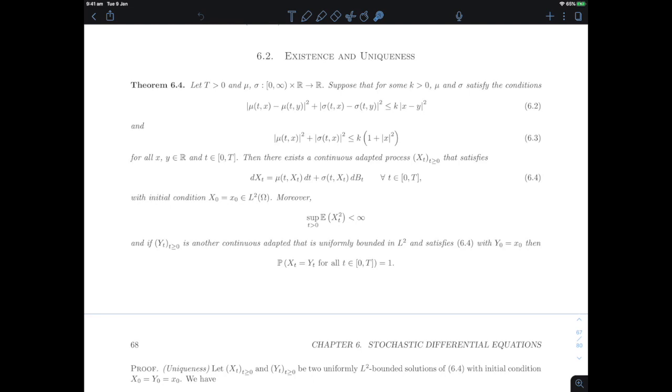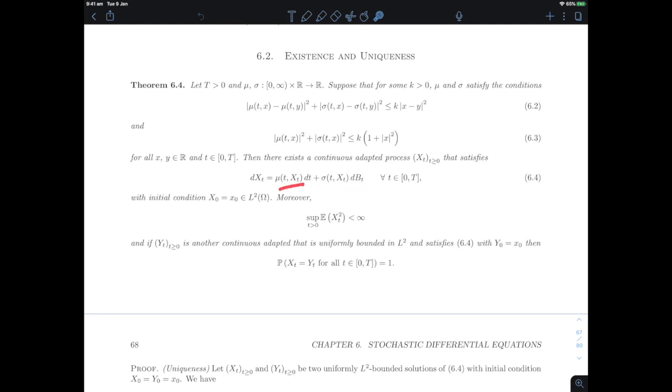So in this video, we will do the last proof of this course, the proof of a theorem about existence and uniqueness of solution of stochastic differential equations of the form 6.4. Now, this is in a sense what everything we've been doing up to this point has been designed to solve. So this is designed to show that we can construct processes implicitly using an equation of that form, as long